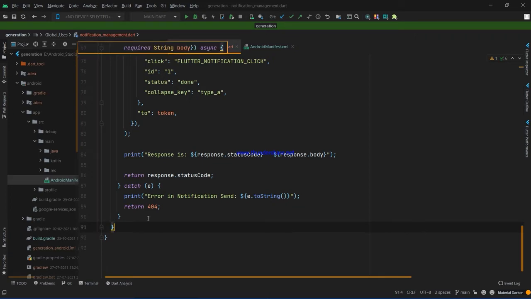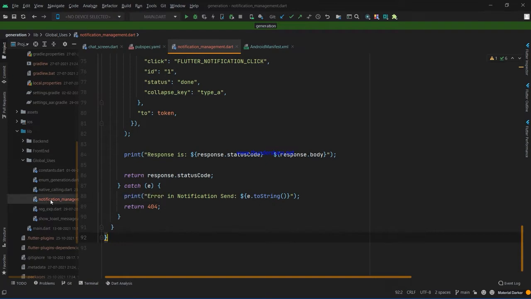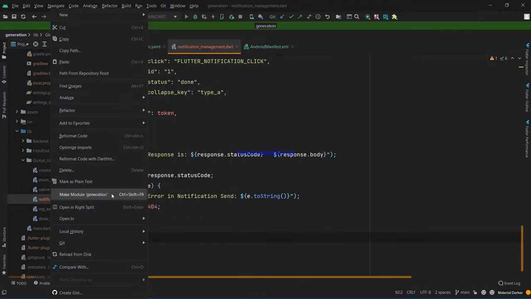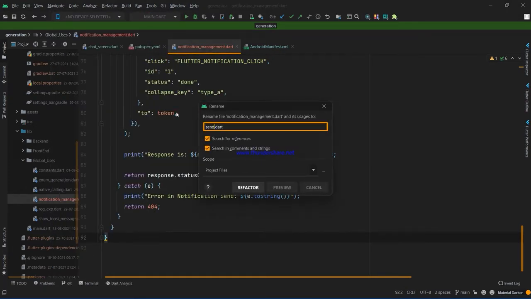So for that we can do a thing, we can change it, rename it as well as send notification management.